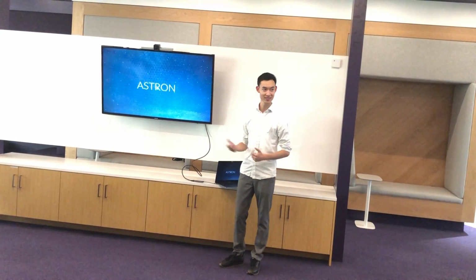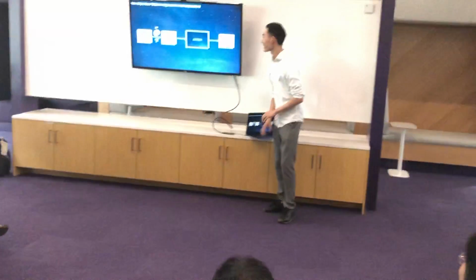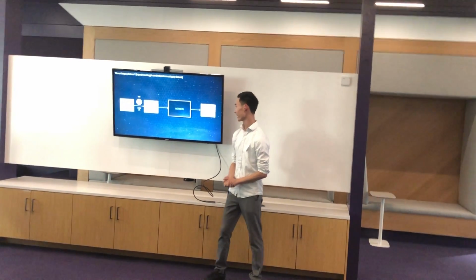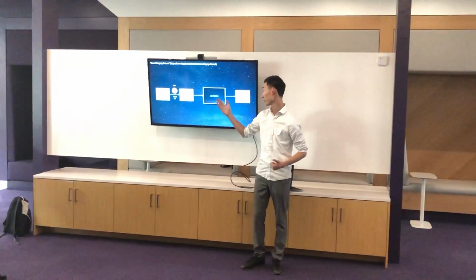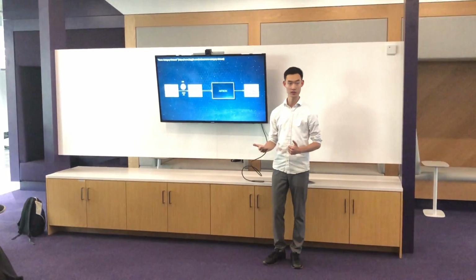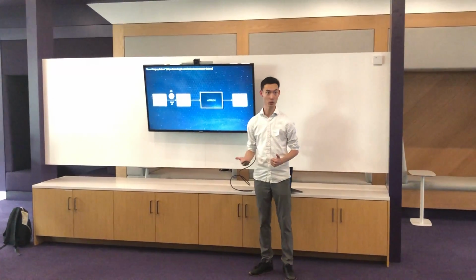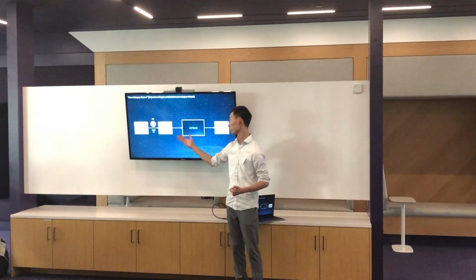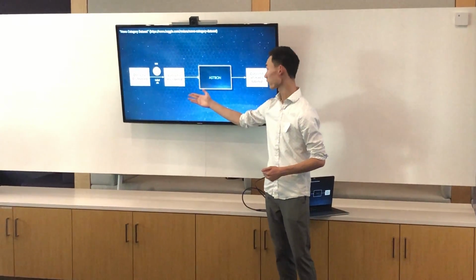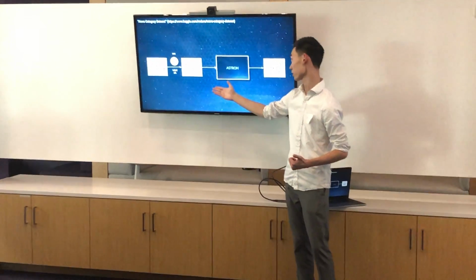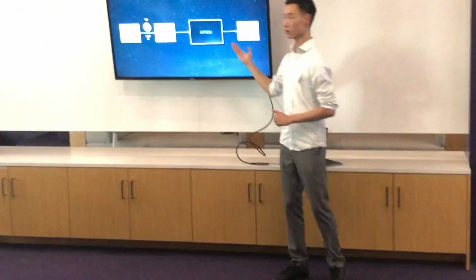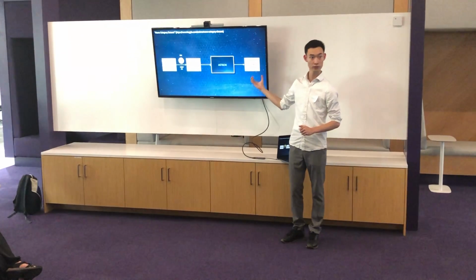Astron is a Greek term for stars. There's a story behind that, but I won't explain it. So the flow of Astron is that we have our data, 100% unlabeled, and then we give our data to our subject matter experts, in this case our project owners. We ask them to label a small portion of it. We haven't decided the percentage. We have tried different percentages, which I will show later. After having them label this portion of the data, we pass it on to the Astron model, and Astron is able to generate additional labeled data for the data set.